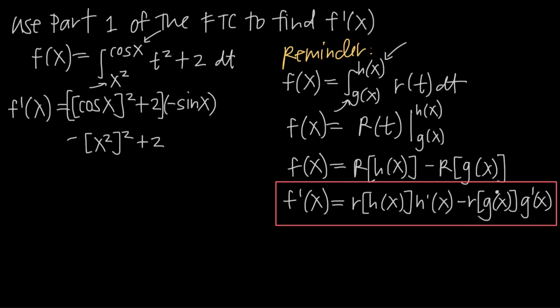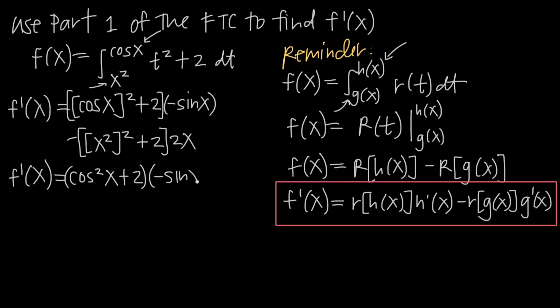But then we have to multiply that by g prime of x, or the derivative of our lower limit of integration. The derivative of x squared is 2x, so we have to multiply this by 2x. And now we just simplify, so we can say that the derivative f prime of x is going to be equal to, applying this squared exponent here, we get cosine squared of x plus 2 multiplied by negative sine of